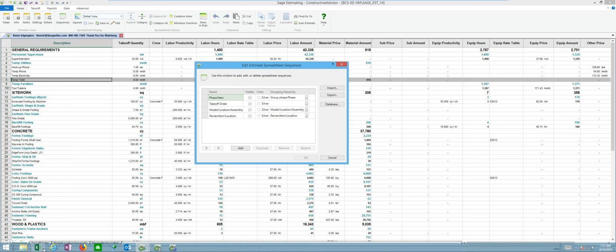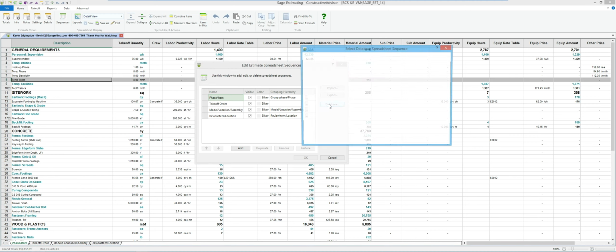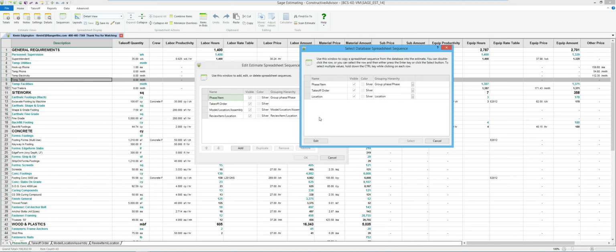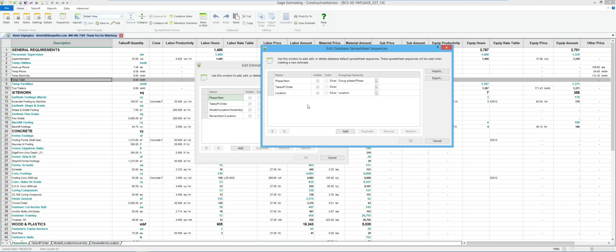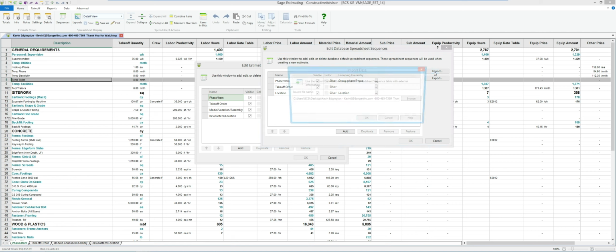Or maybe I could go to that Excel spreadsheet and maybe there's a couple of them that I don't need. I could delete them out and clean it up before I brought it into a new job. Same thing, vice versa for my database. So there's what was in my database initially. I want to edit what's in my database, so I could add and duplicate existing ones and remove them and things of that nature for my existing ones. I could also go to import.